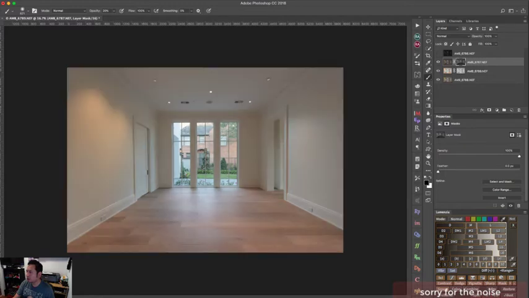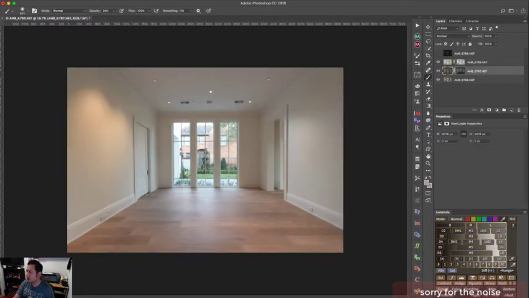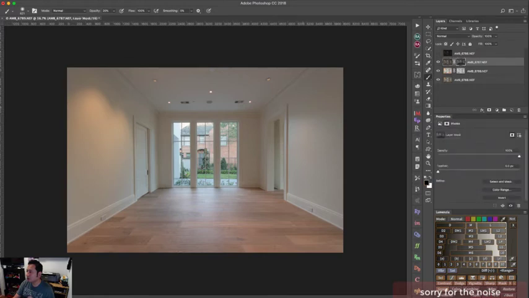I think, let me see if I can move it down. I think if I, no, it has to get, okay. So now, I also want to bring in a lot of the light from the bottom. So I'm going to